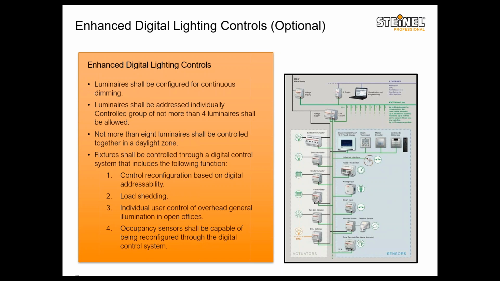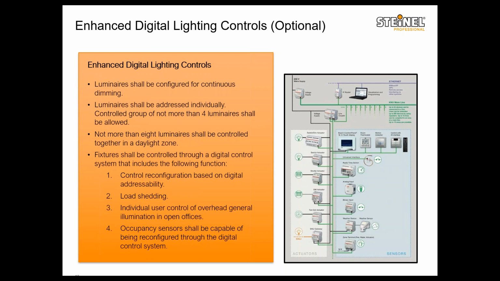But in the next section, C406, the code is introducing 8 different options to improve the energy efficiency of the building or the job site. Most of these energy efficiency requirements go back to the HVAC side and those things. The only one that really matters to us is the enhanced digital lighting controls one,